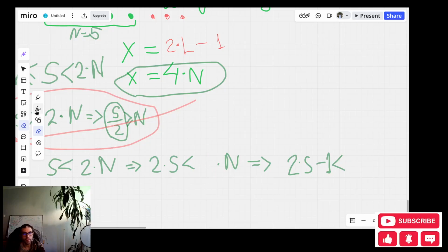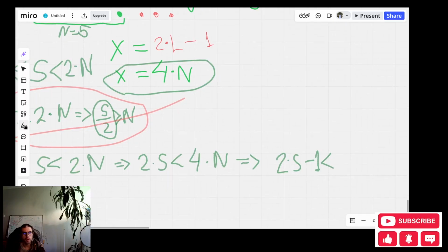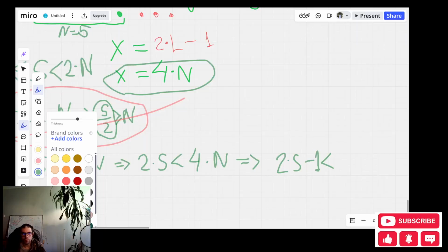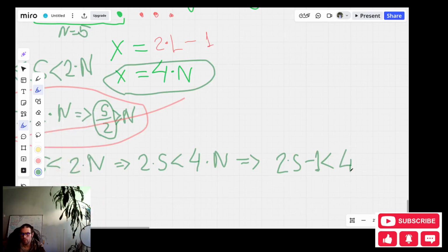We have 4 here. And now if I subtract 1 from both sides, we can see that we have this formula here, this expression, and actually this is the total number of nodes in a perfect tree or a full binary tree.